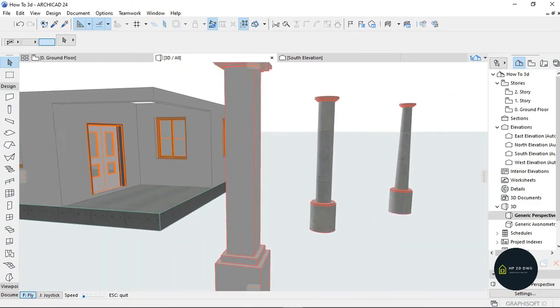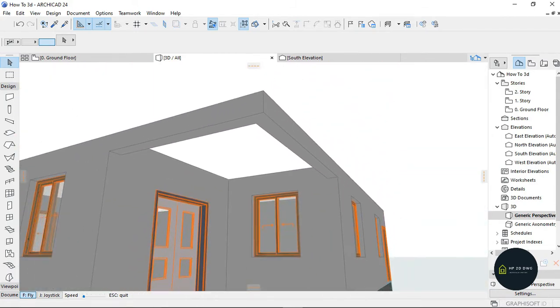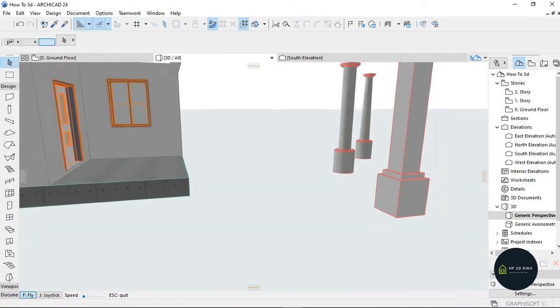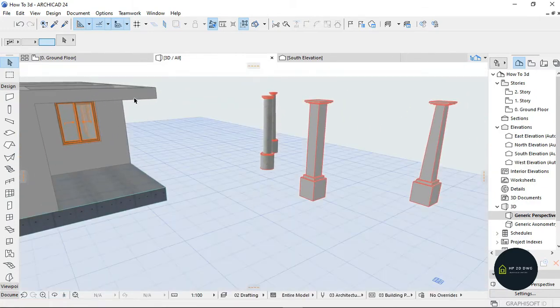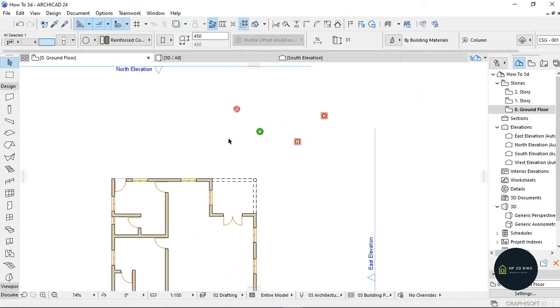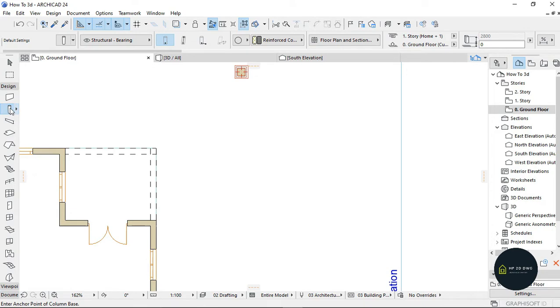Okay, let's say you have a plan like this now, and you know that you're supposed to put a column underneath this particular place. So what do you do? You go to your ground floor. When you go to your ground floor, you go to design. When you click on design, you go to this column 2 here, and when you go to column 2, just